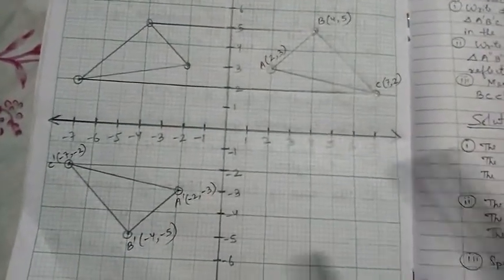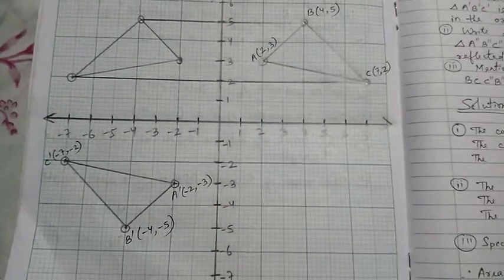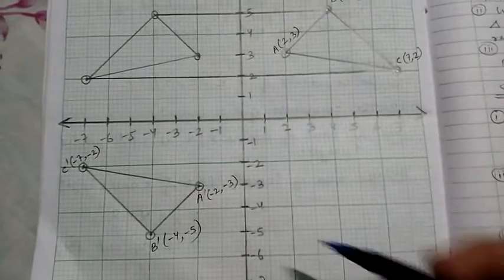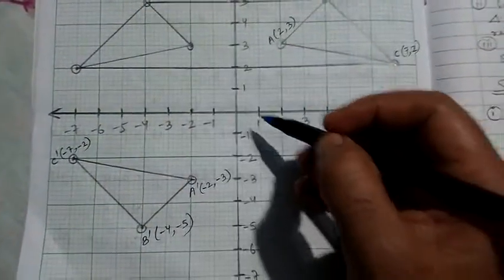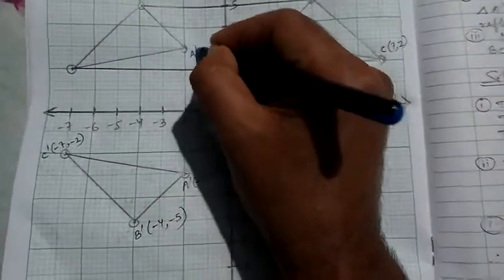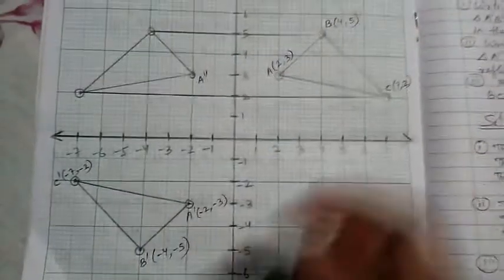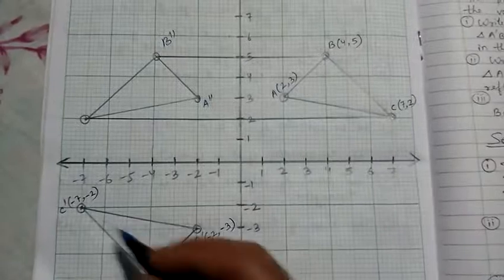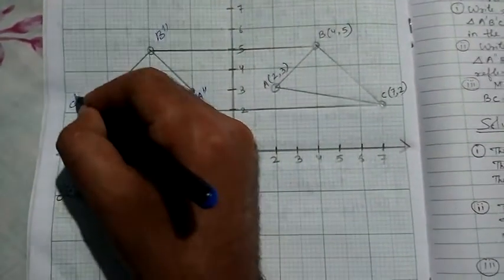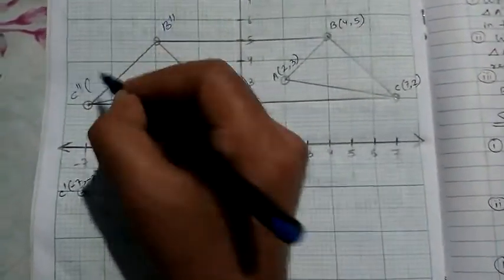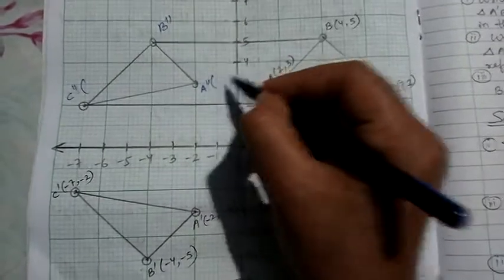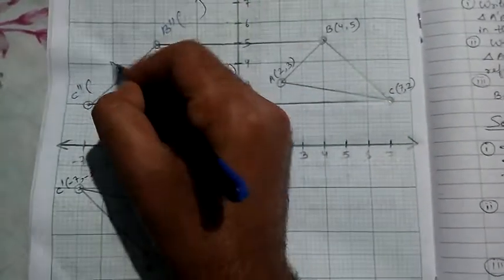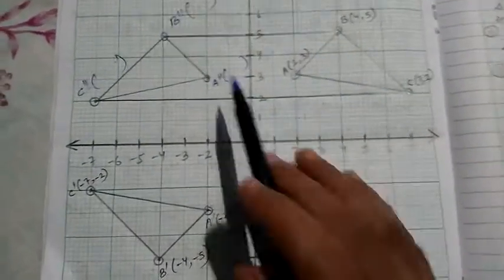And as you can see here, I have made a little bit of a mistake. I will rectify this mistake. Actually, after reflection I have to name them as here A double dash. This is A double dash, and this reflection has come here. It will be your B double dash, and this will be your C double dash. And the coordinates' names I will write here. Later on you will get the answer, children. So here I made a small mistake, children, so I have to mention it here.